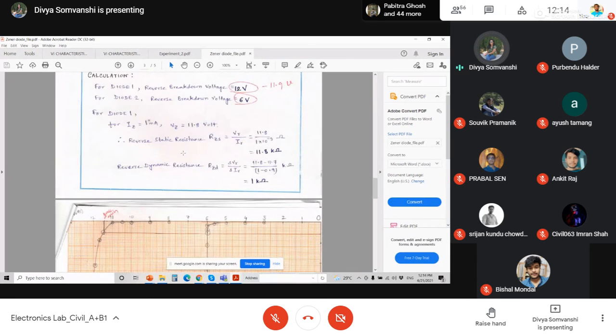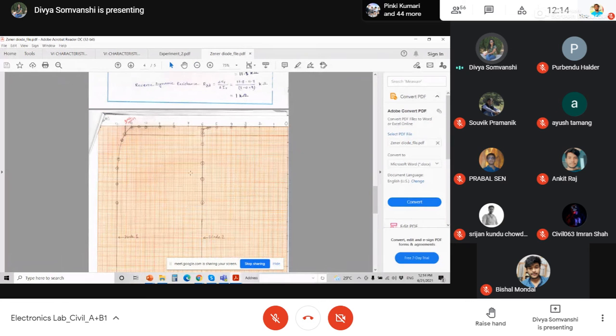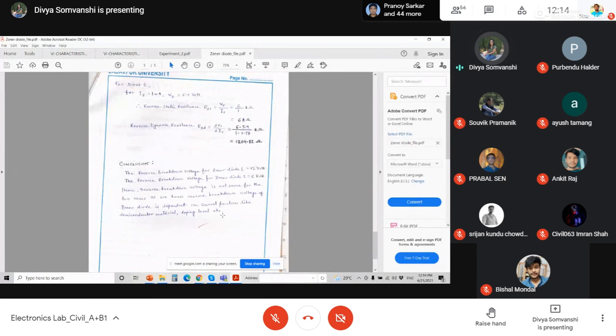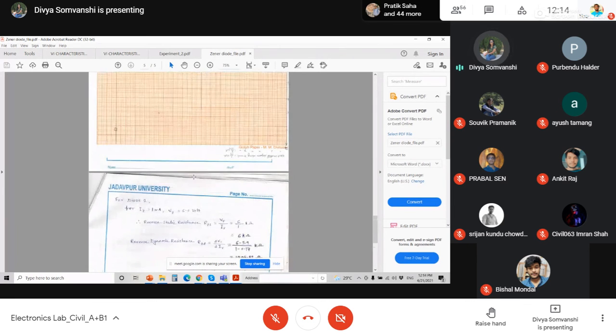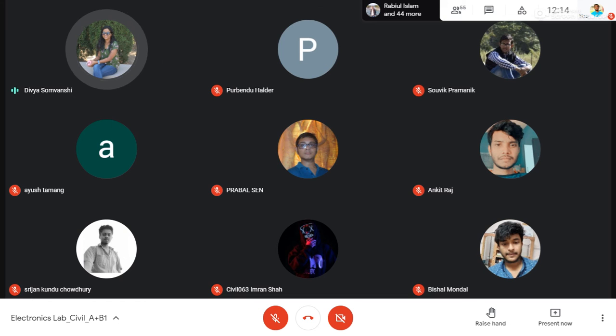So you can get your forward and reverse bias. So this is your experimental observation. You can see it. Based on that, you can conclude what your reverse bias breakdown voltage is for your two diodes. Okay, so I will share all the data and all the videos with you so that you can complete this experiment. You can watch this video at home, and if you have any confusion, we can discuss it in our next class.